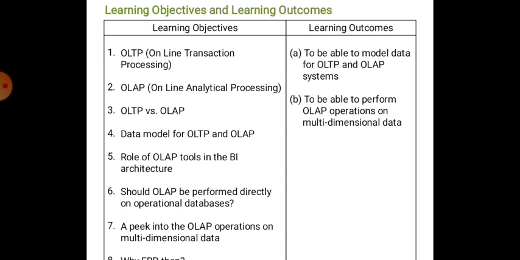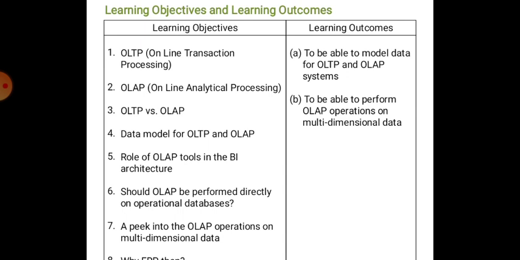Fifth topic is role of OLAP, that is online analytical processing, in the BI architecture. BI means business intelligence. Sixth, should OLAP be performed directly on operational databases? Seventh, a peek into OLAP operations on the multidimensional data,